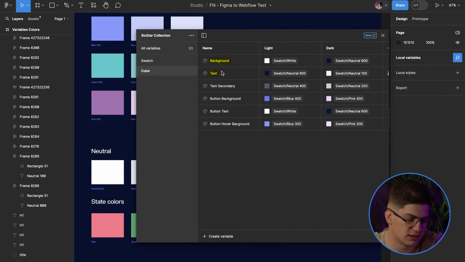Some of the examples can be a swatch for background, for text, for secondary text, for button background, for button text, for button hovers, and the list can go on and on and on. And you can create as easy or as complex design systems as you want to. And this is just an overview of how we use it at Flow Ninja and how you can create it